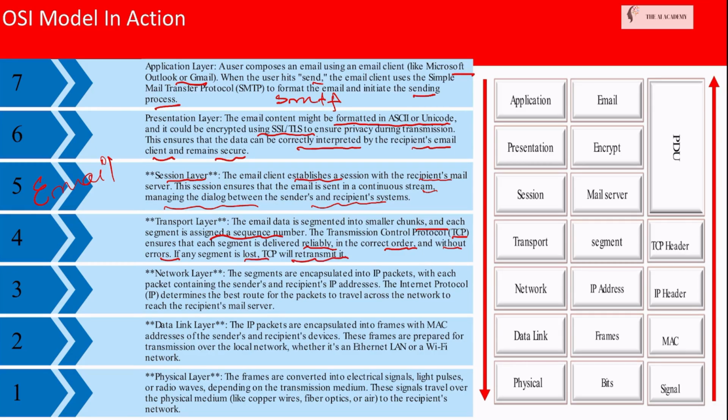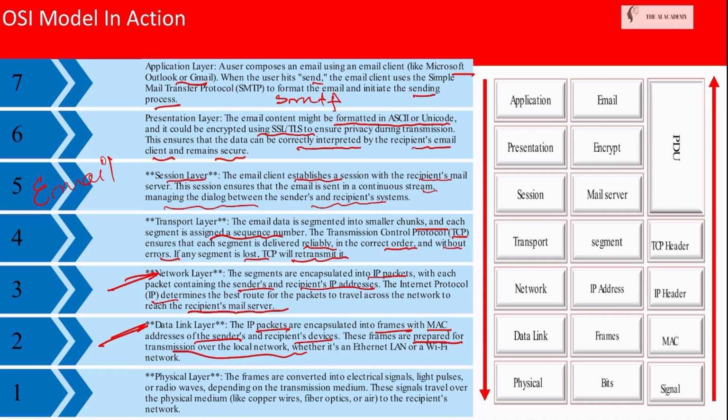At the network layer, the segments are encapsulated into IP packets, with each packet containing the sender's and recipient's IP addresses. The Internet Protocol, IP, determines the best route for the packets to travel across the network to reach the recipient's mail server. At the data link layer, the IP packets are encapsulated into frames with MAC addresses of the sender's and recipient's devices. These frames are prepared for transmission over the local network, whether it's an Ethernet LAN or